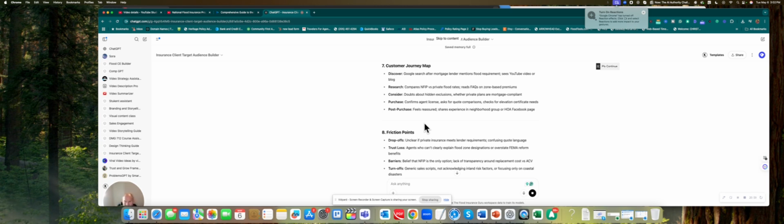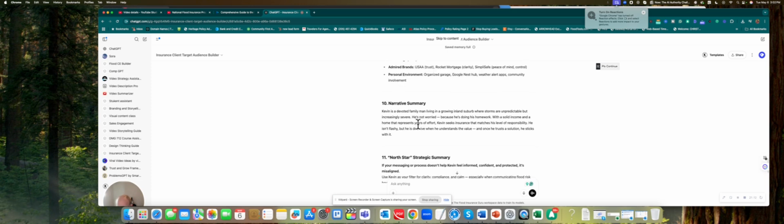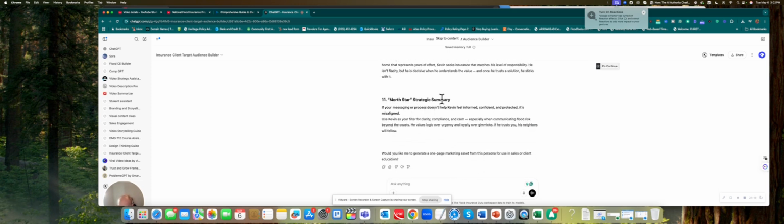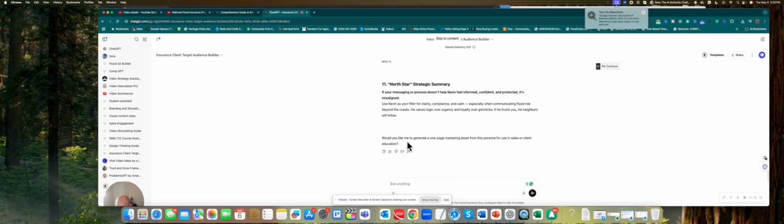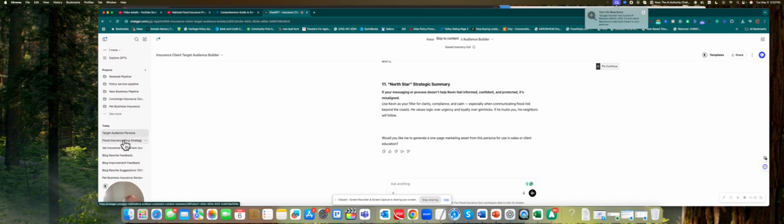And your team's able to use this through the sales process, the renewal process. And the customer knows it's a no-brainer to work with you through authority, the information you're providing, like nobody else is providing that as detailed as you're going with this. So as we go through this, what I call the North Star strategic summary in here, now let's just copy this thing right here. And let's go back over to